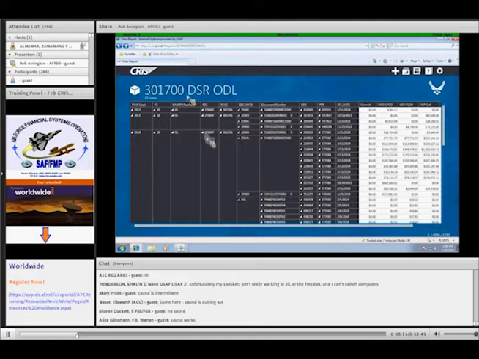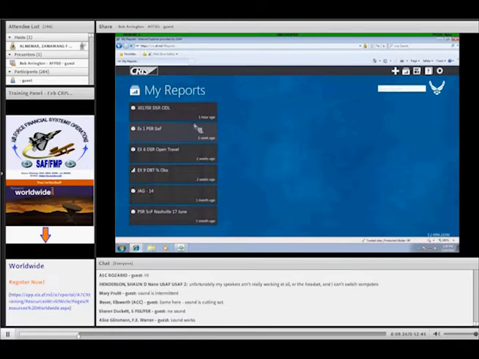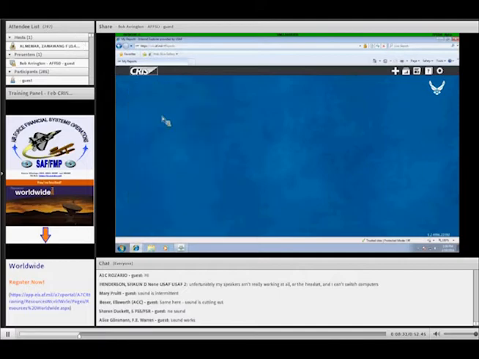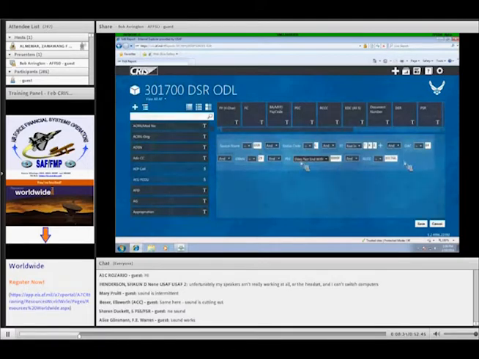If I go back to My Reports, I'm going to click the little icon, top right-hand side, the little icon that says My Reports. I'm going to left-click that, go back to My Reports. Here's the one that says it's 301-700, but if I right-click and edit it and open that up, you'll see the RCCC is, in fact, that 766. So it actually overwrote it.